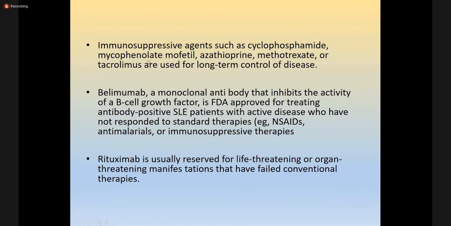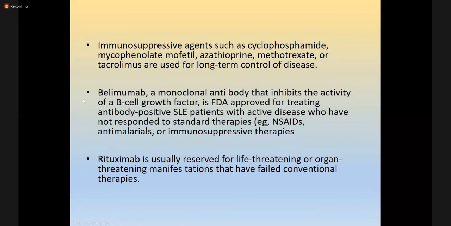The well-known side effect of all immunosuppression is that the patient might have opportunistic infections. In case of azathioprine, the patient may have worsening of anemia because it may cause folic acid deficiency, and methotrexate as well. In case of cyclophosphamide, there may be hematuria, and it may cause opportunistic infections. And tacrolimus may cause hypertension, metabolic syndrome, and they may also cause neuropathy.